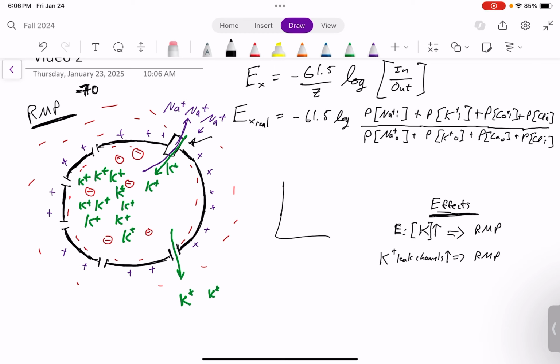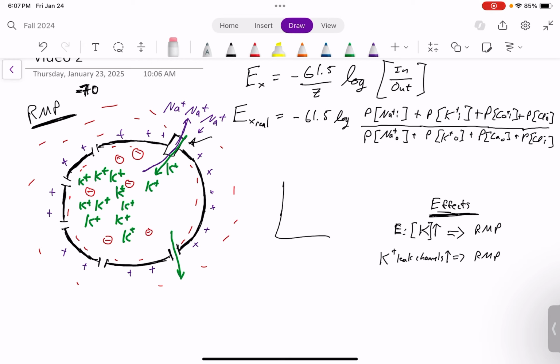Now, one would think then that the potassium would just leave really, really fast, and then it would get to the point where there's half potassium outside the cell and half potassium inside the cell. But that's not the case. The first reason for this, right, is the sodium-potassium pump that's establishing this chemical gradient. But the other thing we have to take into account is that